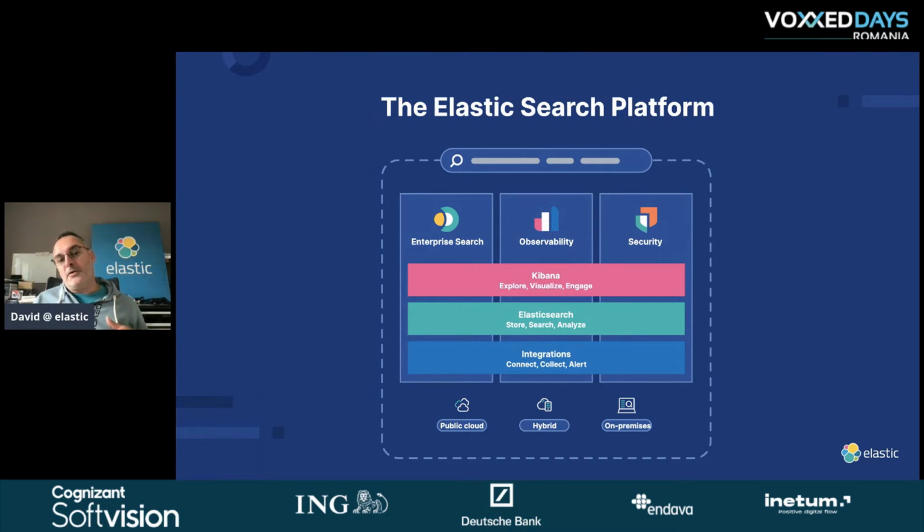Everything can run on our cloud, or on premise if you want to install everything by yourself, or you can have a mix of those things. What is important during this session is that everything I'm going to show you is available within the free and basic license that we have by default with the Elastic Stack platform.